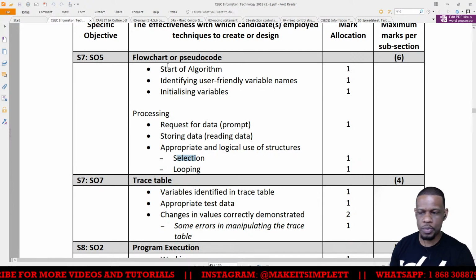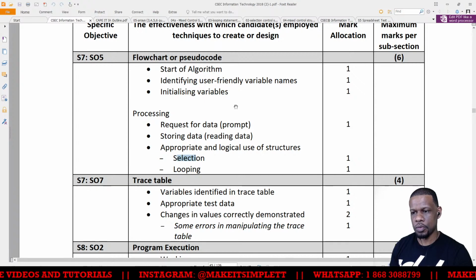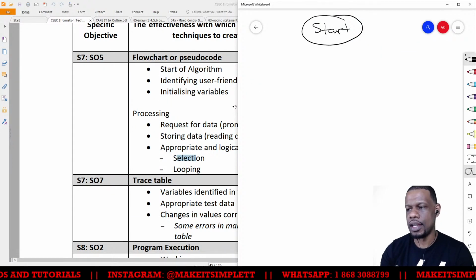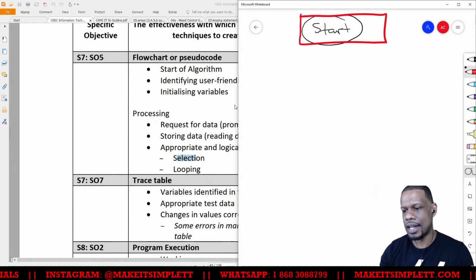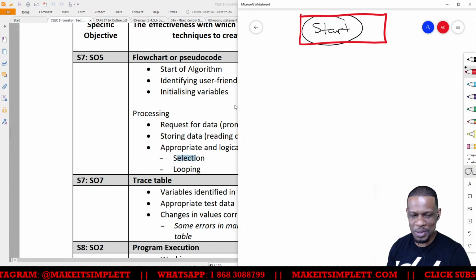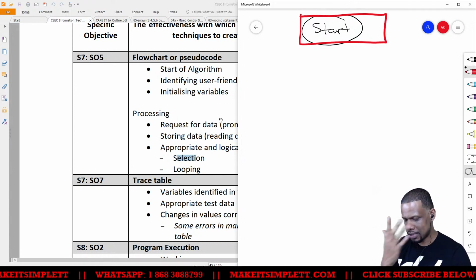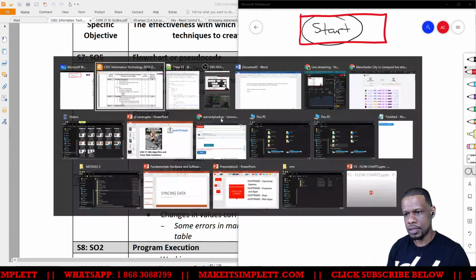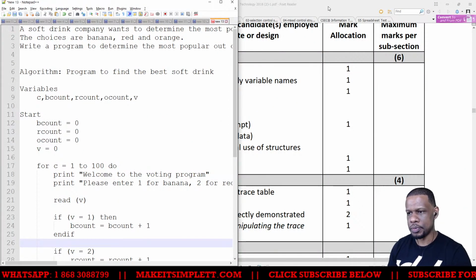I don't know, Christopher could probably answer that for me in the chat. What happens if somebody puts start in a rectangle? Do they get a mark for start, or is it just wrong, so wrong that you don't even give a mark even though they have the word start? That's kind of awkward to me, but we could probably clear that up when we have our interview.